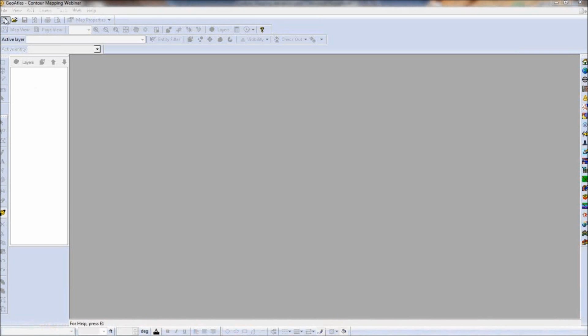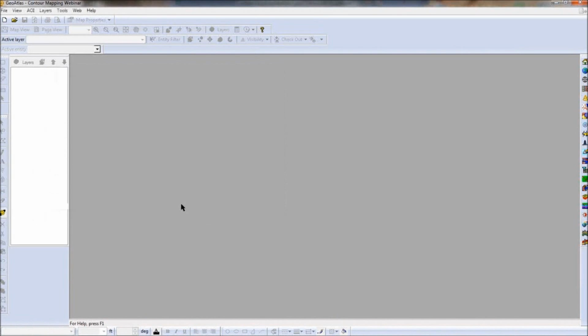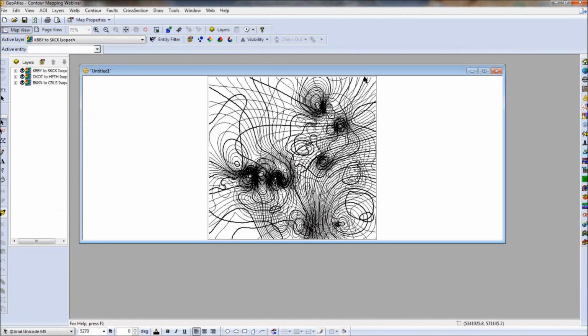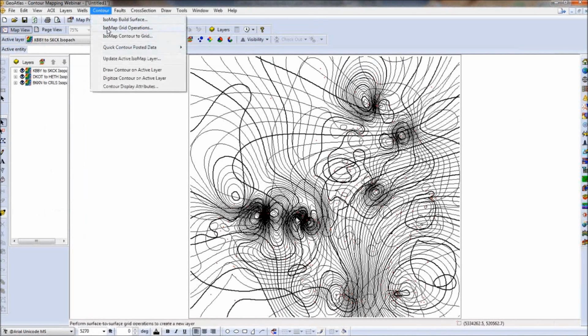So what I've got here are some pre-built layers. These are isopack layers that I've created, and what we're first going to do is create a sum isopack layer based on these three. Right now you can see we have these three layers overlaying on top of each other. A bit of a mess, but we're going to clean those up and combine them together using the isomap grid